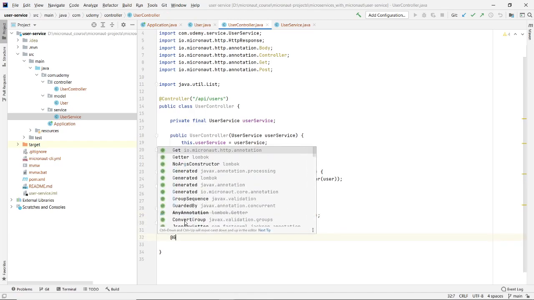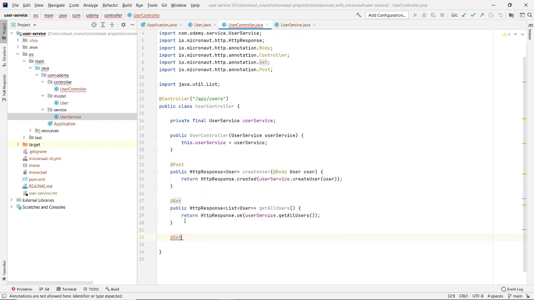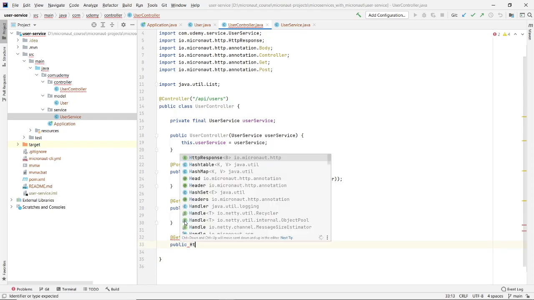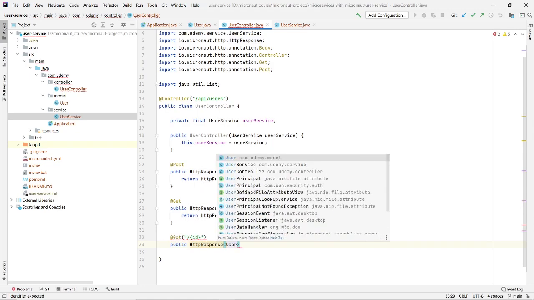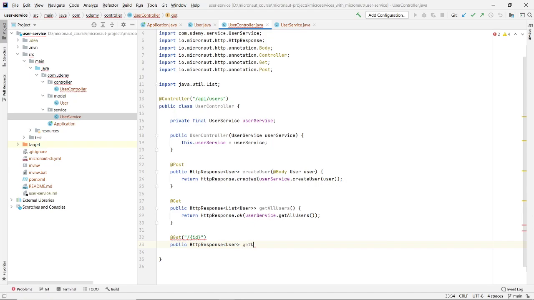To get a user by its ID, as we saw, we can give a path parameter which will be the ID of the user, and it should return us a specific user of that ID. So get user.